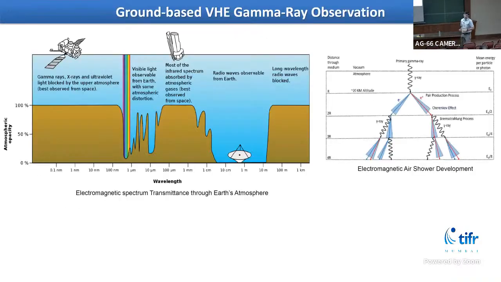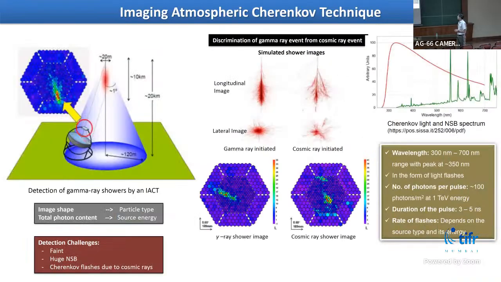When a gamma ray enters the Earth atmosphere, it gets converted into electrons and positrons, which further interact with the atmospheric nuclei and generate secondary gamma rays and a cascade of charged particles. When these charged particles pass through the atmosphere, they generate Cherenkov radiation by the Cherenkov effect. These Cherenkov radiations reach the Earth in the form of a cone of about 250 meter diameter, and